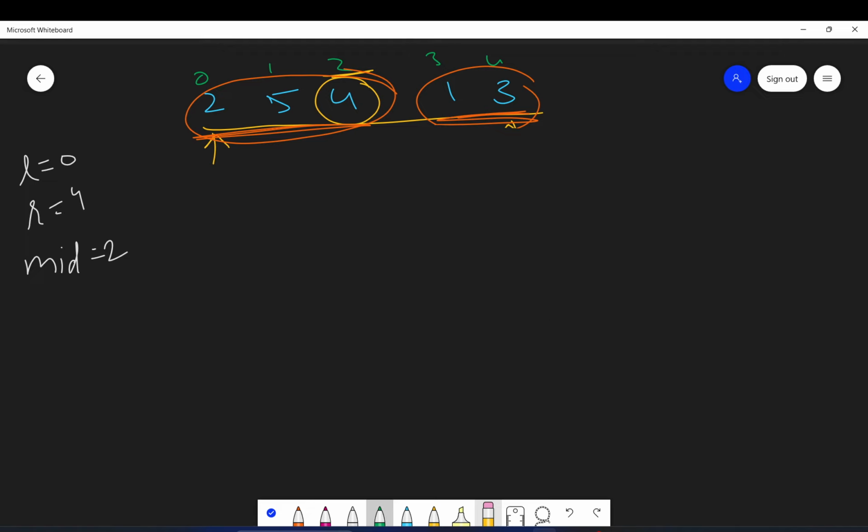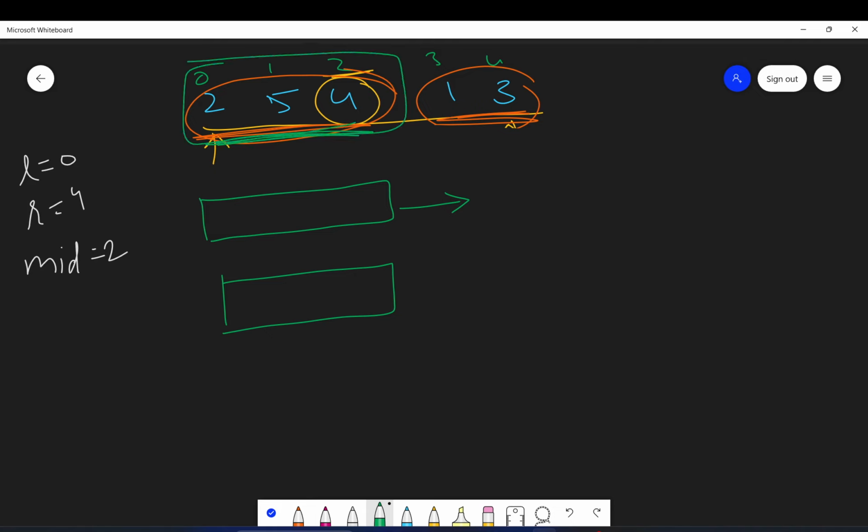So now I will make two subarrays. The size of the first subarray will be mid minus L plus 1, that is, mid is 2 minus L is 0 plus 1, which is 3. So size 3.